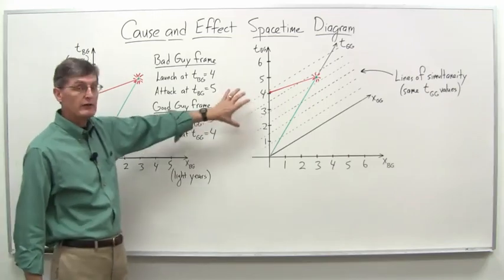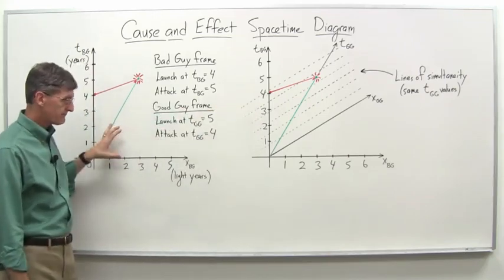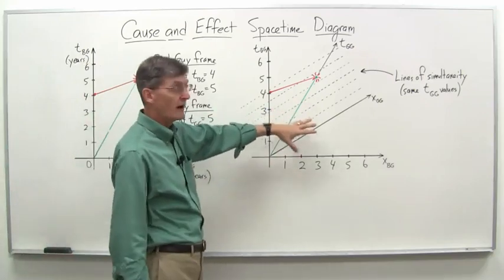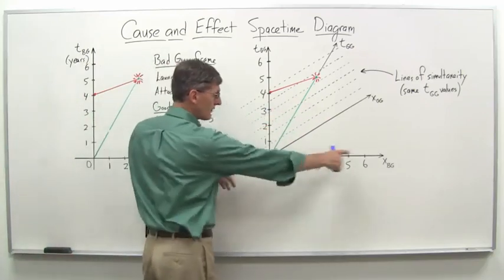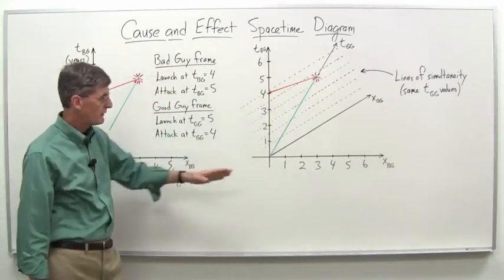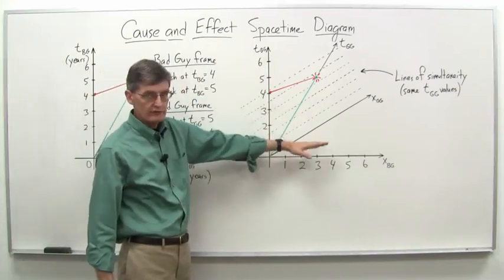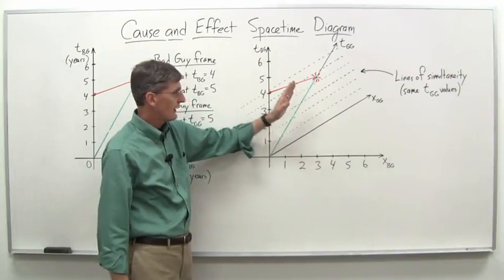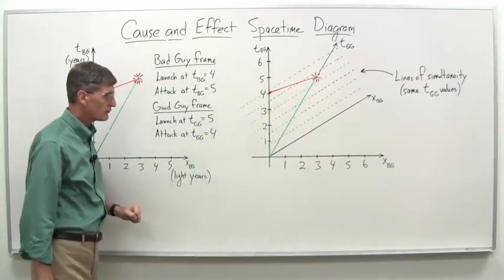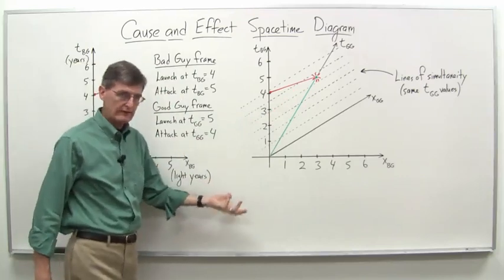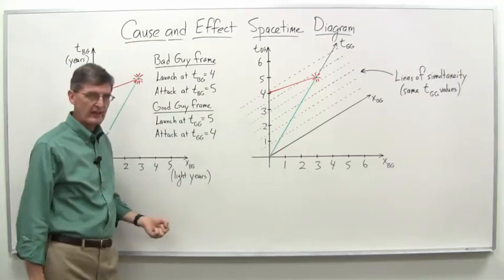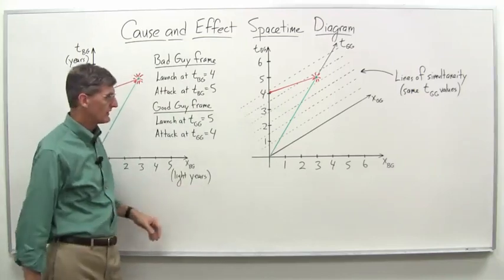So here's a redrawn diagram. Same diagram, except what we've done here is drawn our combined diagram. So again, we have the axes for the bad guy's frame of reference, and then we've put in the good guy axes, the x-axis and the time axis for the good guys. And we've also drawn in the lines of simultaneity. And I've tried as much as possible to make this to scale. Didn't quite get it all right there.